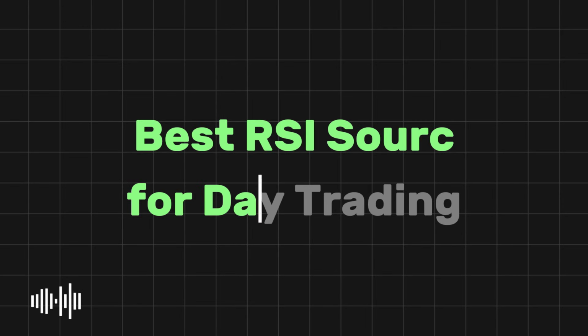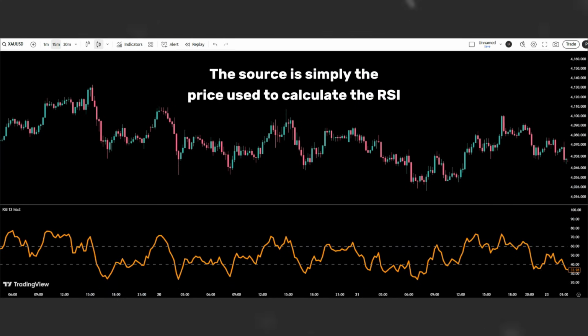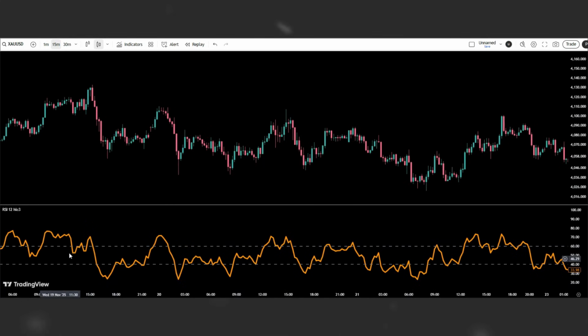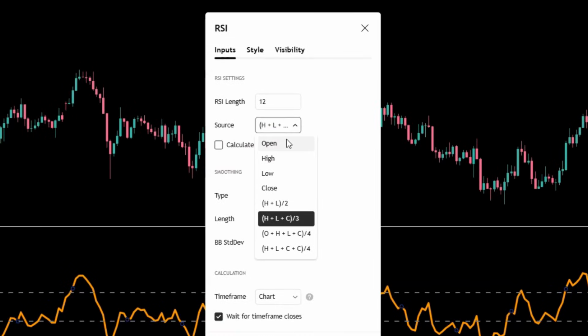Best RSI source for day trading. Now let's talk about the RSI source. The source is simply the price used to calculate the RSI. In TradingView, when you open the RSI settings, you will see an option called Source. When you click on it, you can choose different price types such as close, open, high, low, or averages like